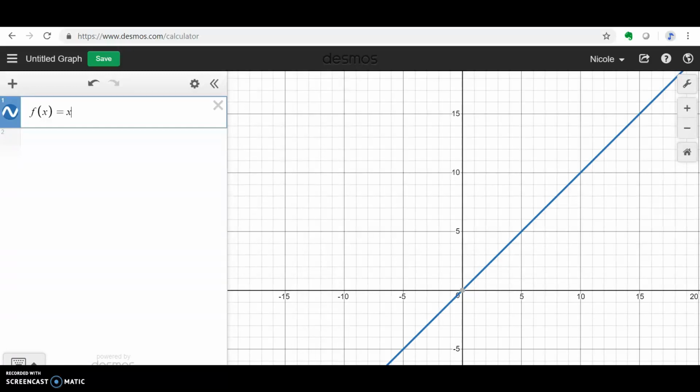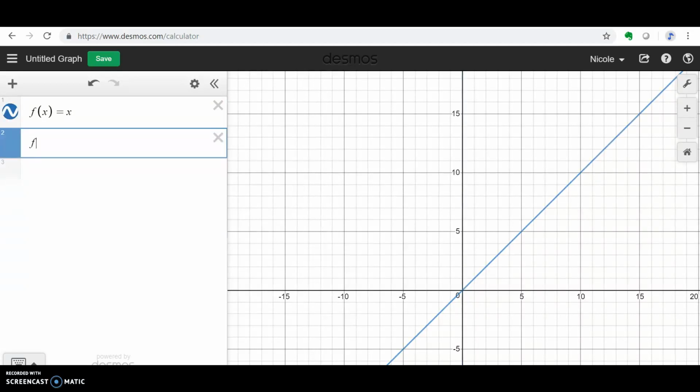In my lesson plan, I use Desmos as a tool to show students the different transformations that the graph of f of x is equal to x squared can take by adding, subtracting, multiplying in all different forms to the parent graph f of x equals x squared. So I would start by showing them just a simple graph of f of x equals x